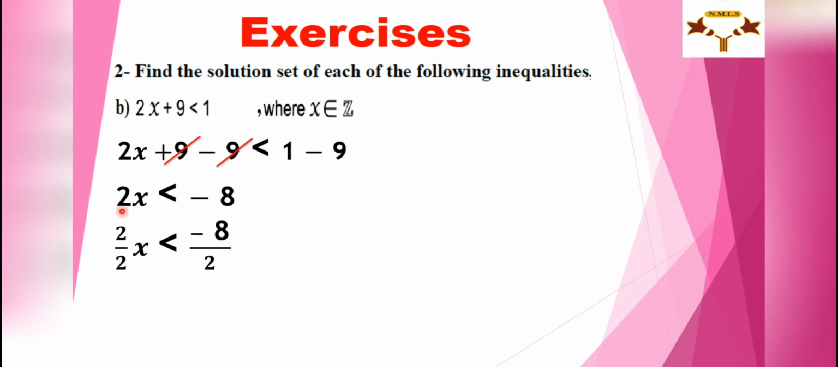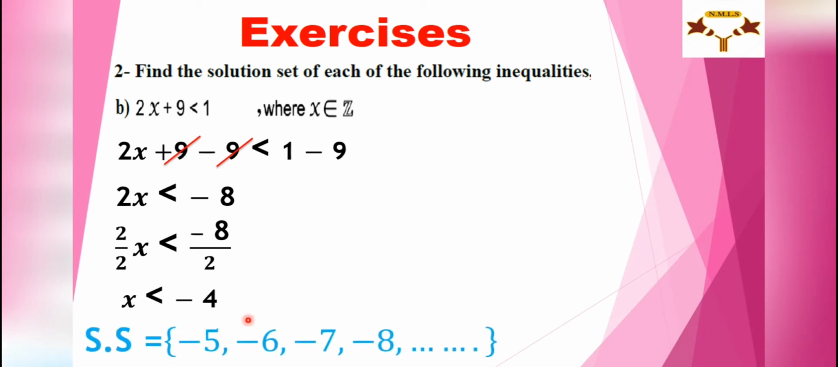By dividing both sides by 2, I want the x by itself. To cancel this 2, I will divide this side by 2 and divide this side by 2. And the answer will be x greater than negative 8 divided by 2, equal to negative 4. So the solution set,